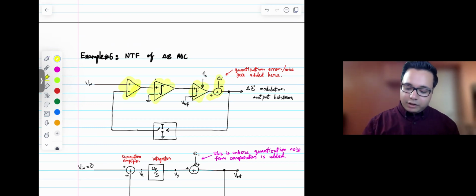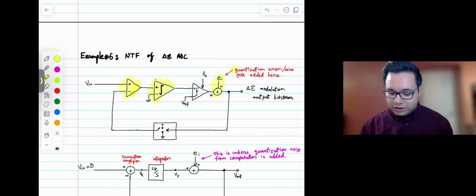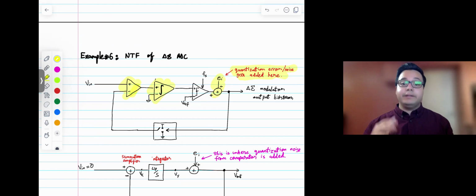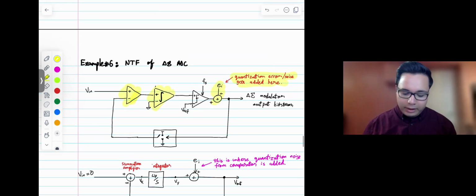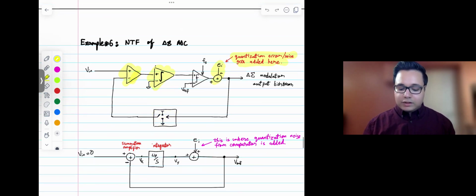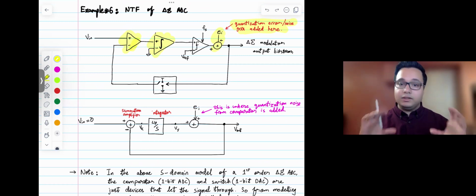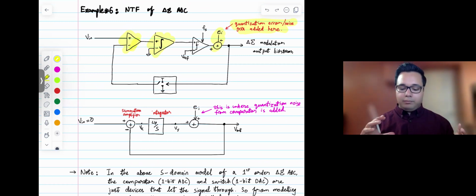And the idea is that the comparator adds some quantization noise. So that's mentioned over here. That's the quantization noise added, and I have denoted it by EI. All right, and then the signal is fed back through a DAC back to the input. So here, this is basically a 1-bit ADC, which is a comparator, and this is a 1-bit DAC, which is basically a switch, right? So let's look at the S-domain modeling for this ADC,